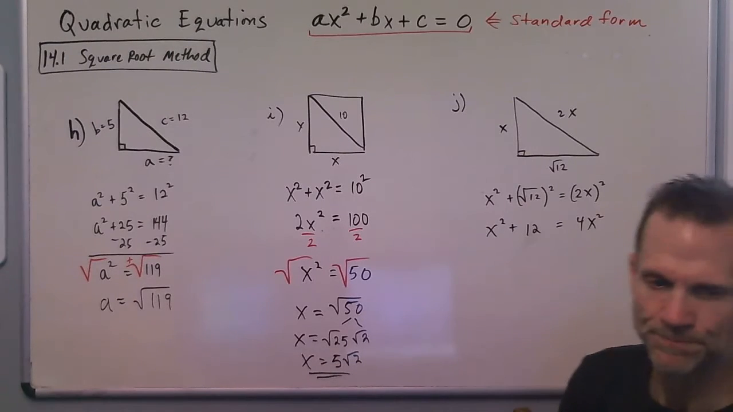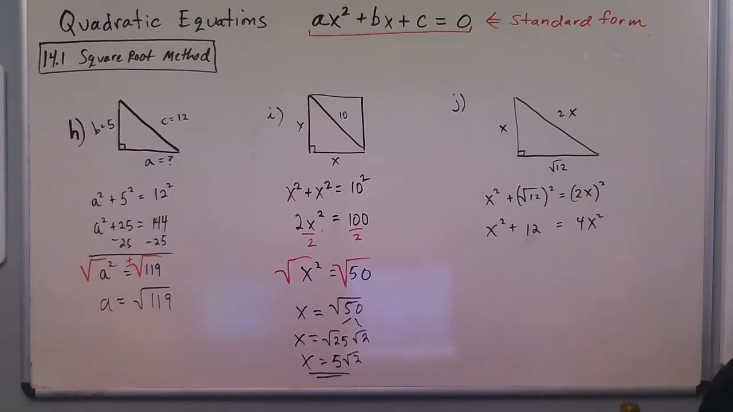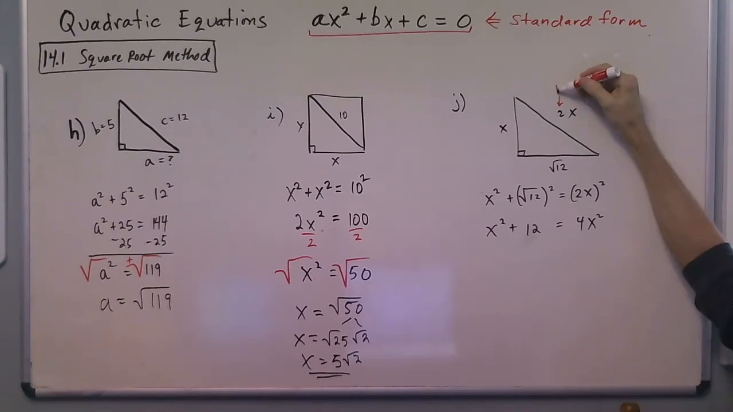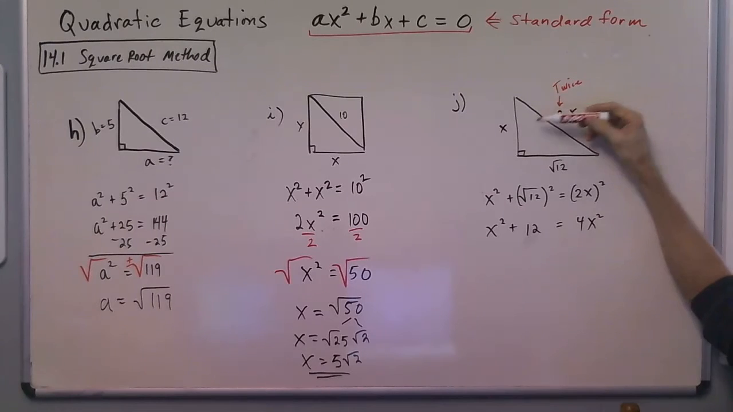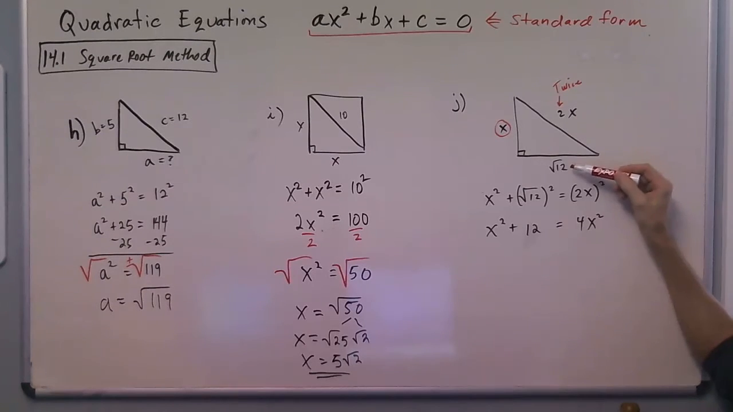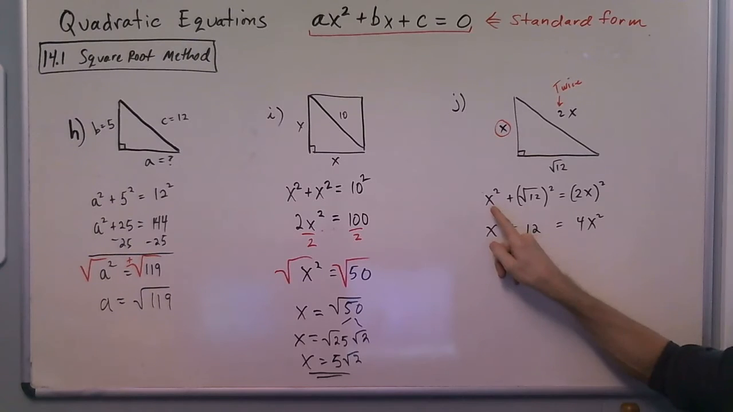And then this last one here, they say the hypotenuse of the triangle is twice, or double, the length of one of the sides. So I let one of the sides be x, and then the hypotenuse is double that. And then the other side is radical 12. Well, again, the Pythagorean theorem here,